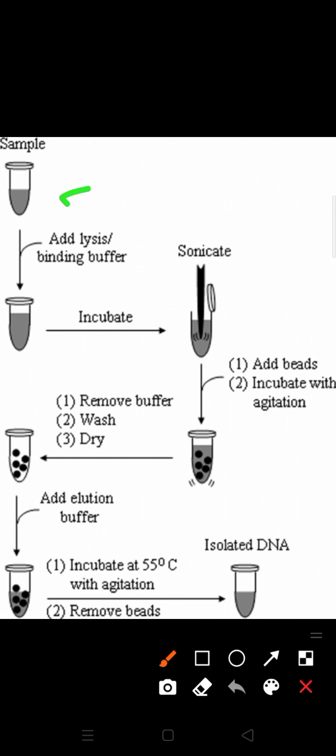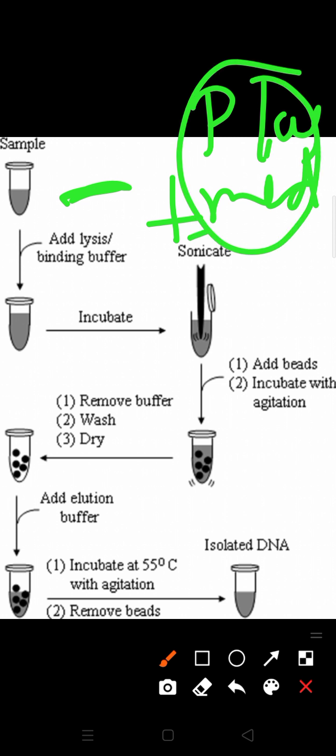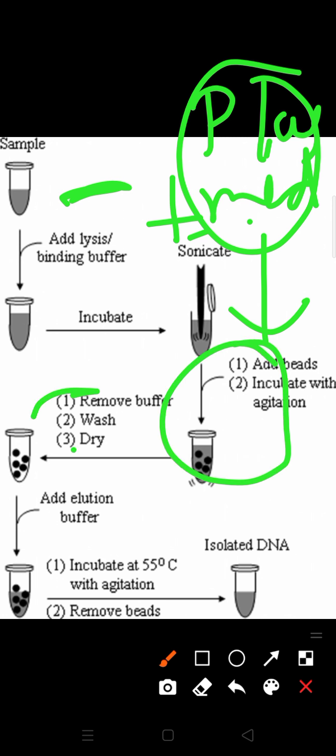Now you have your gene of interest. The next step is that you require a plasmid for its replication. For the plasmid, what you do is isolation of the plasmid from the bacterial cell. That was also explained to you already. Now you have the plasmid and you have the gene of interest.